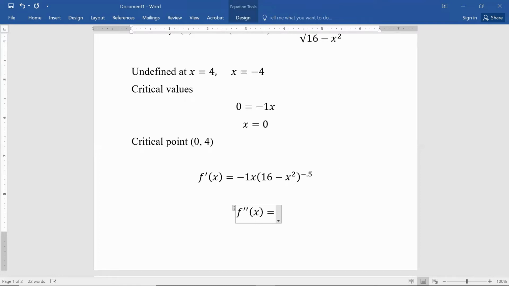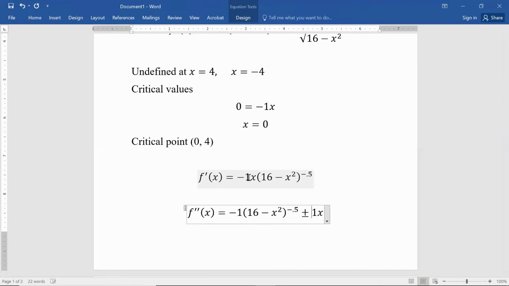So the product rule, meaning this is the first portion and this is the second portion. Product rule says derivative of the first portion multiplied times normal second portion plus normal first portion